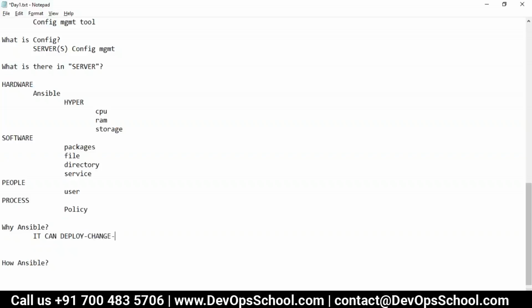It can deploy, or it can change, or it can config. Whatever you love, you can use, no problem. It can do this in multiple servers in parallel. This is the reason we use Ansible.